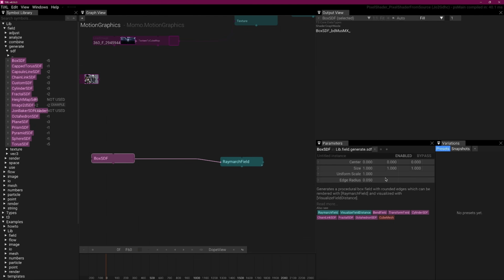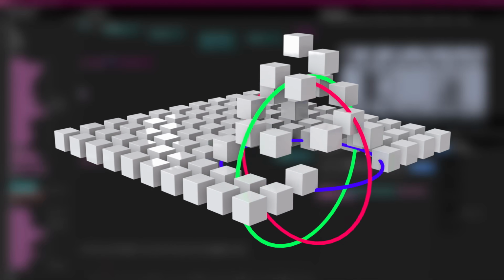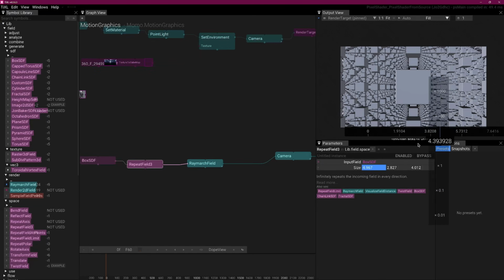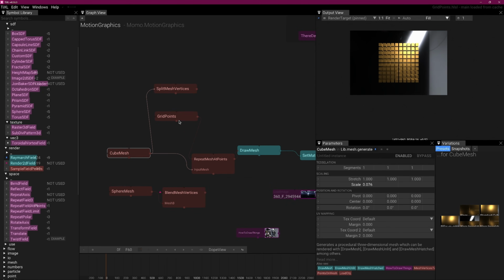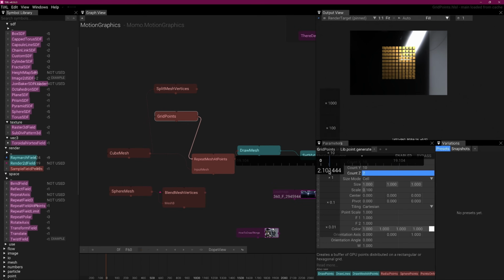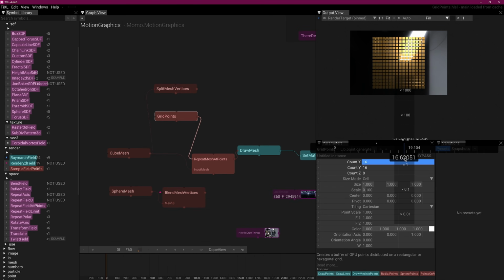I wanted to create the animation by distributing cubes on points and then influencing the points using fields to animate the position of the cubes. I've tried doing this using SDFs, but found the workflow with meshes to be easier since it is easier to keep track of what's happening. And actually, achieving this rather simple concept I had in my mind turned out to be harder than I thought. But a lot of this was just due to my lack of experience with the software, since I didn't know which nodes I would have to use.